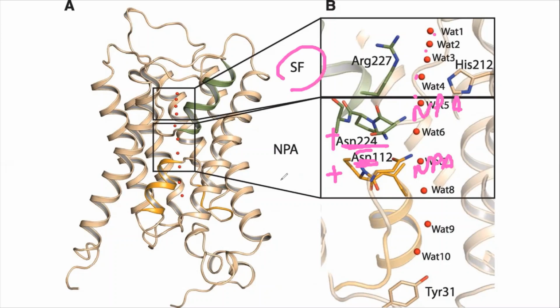So this SF and NPA make sure that they interact with the water molecules and make it clear that only water is going inside of this aquaporin and nothing else. So they make sure, and the water is passed then. So you can see that at a time so many water molecules can be passed through the aquaporins.